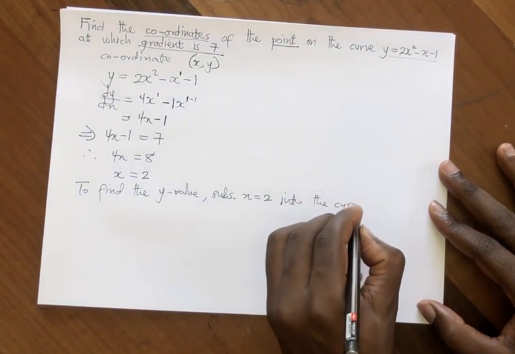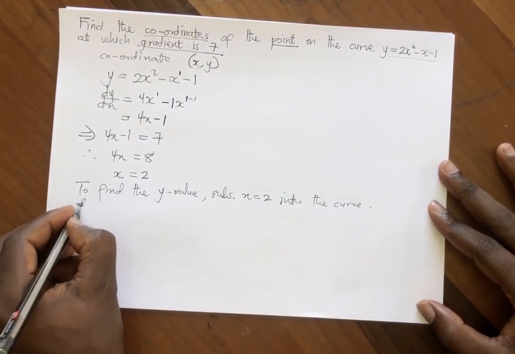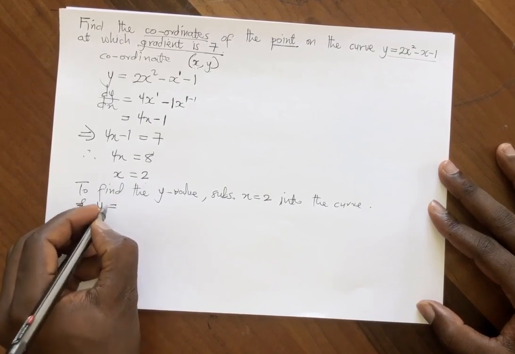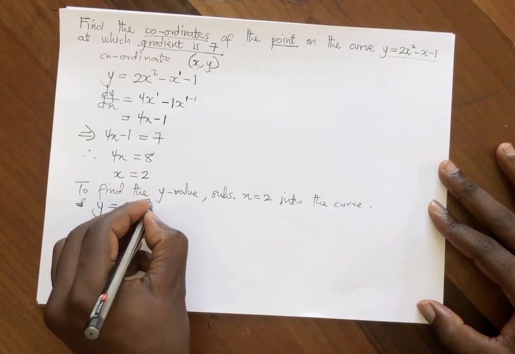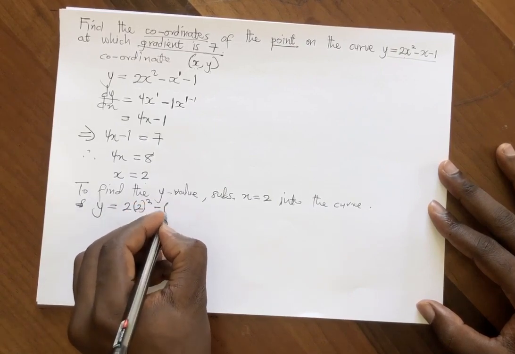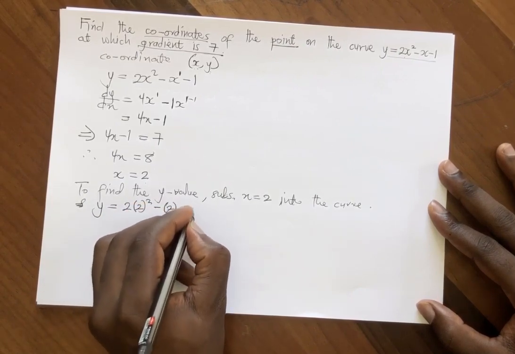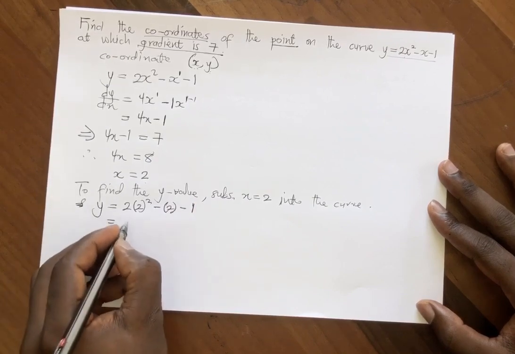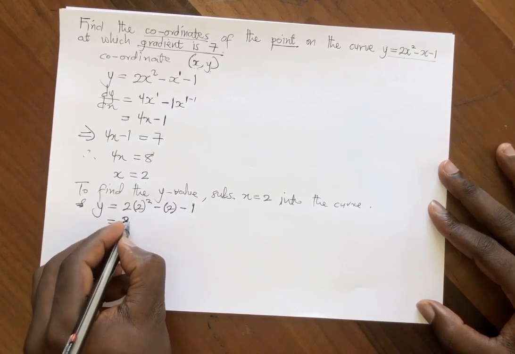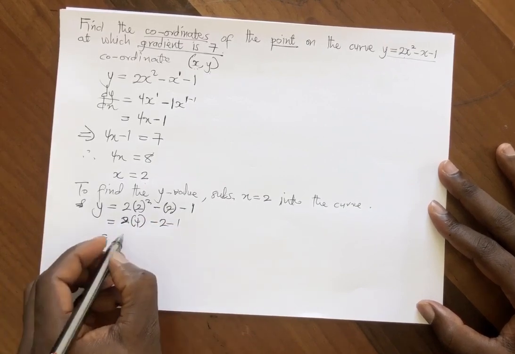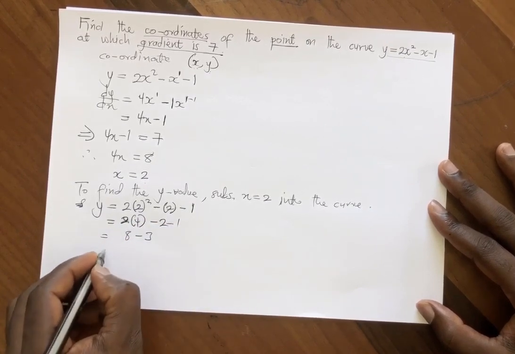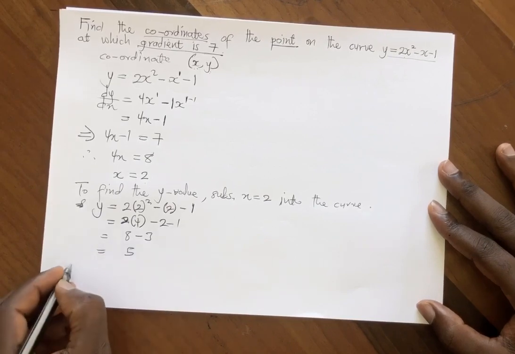into the curve. This means that you have y is equal to 2 into 2 squared minus 2 minus 1, okay? So this will be 2 into 4 minus 2 minus 1. That would be 8 minus 3. Answer is 5. Therefore,